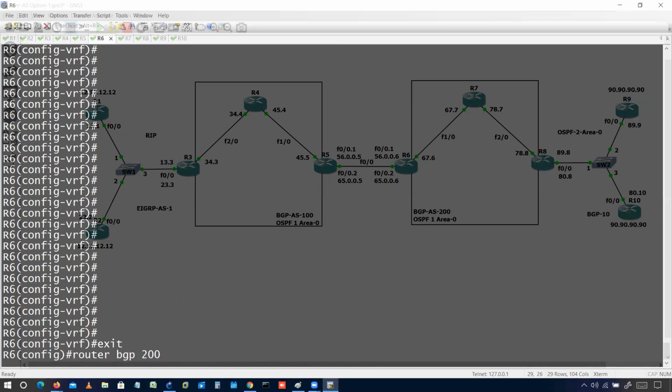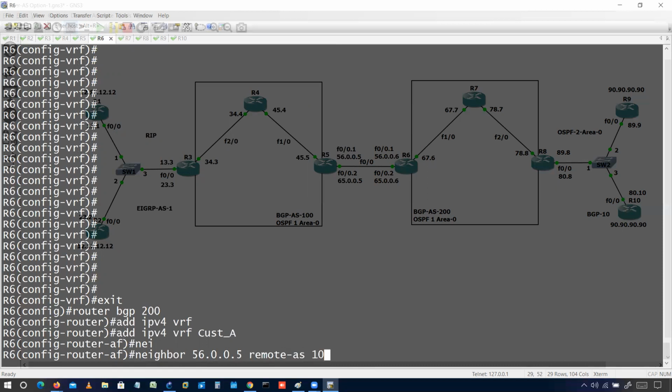Router BGP 200. Now we have to do a configuration in BGP for this eBGP neighborship in VRF. Address family IPv4 VRF. VRF name is customer A. Okay. And now the neighbor. Who is my neighbor? 56005 and the remote is here, that is 100.